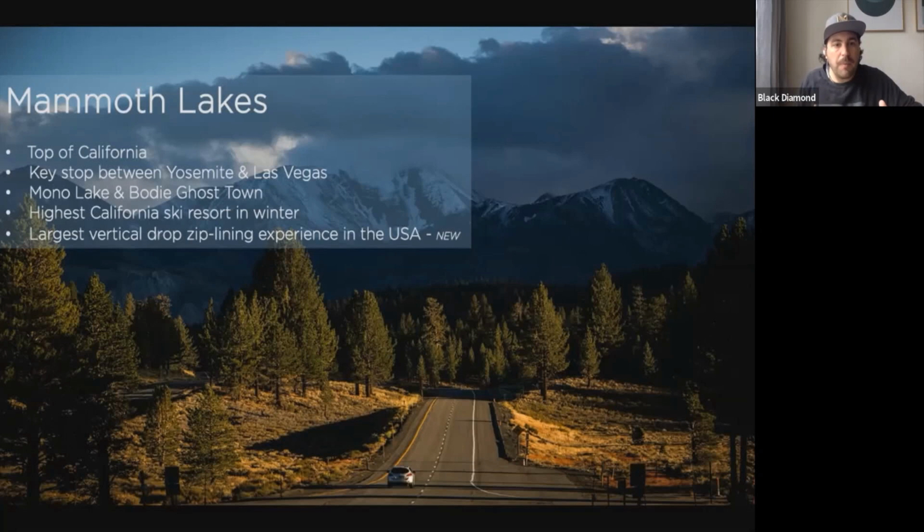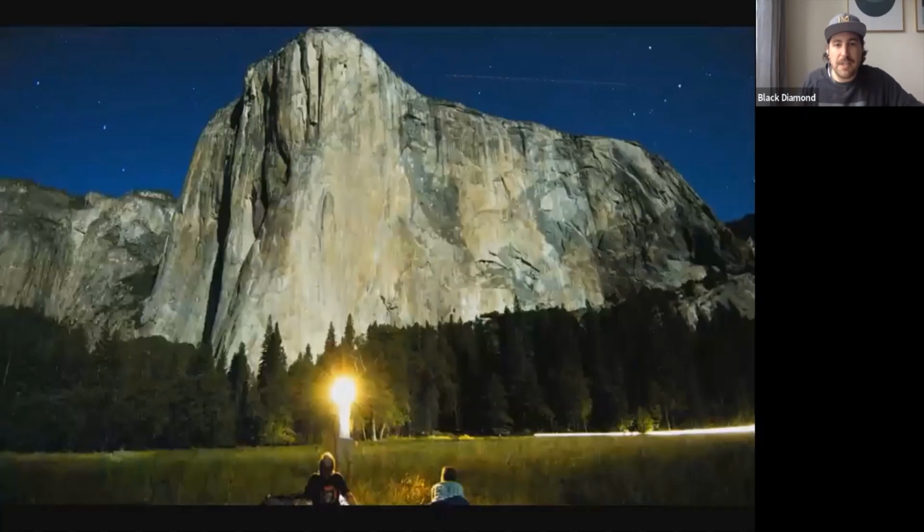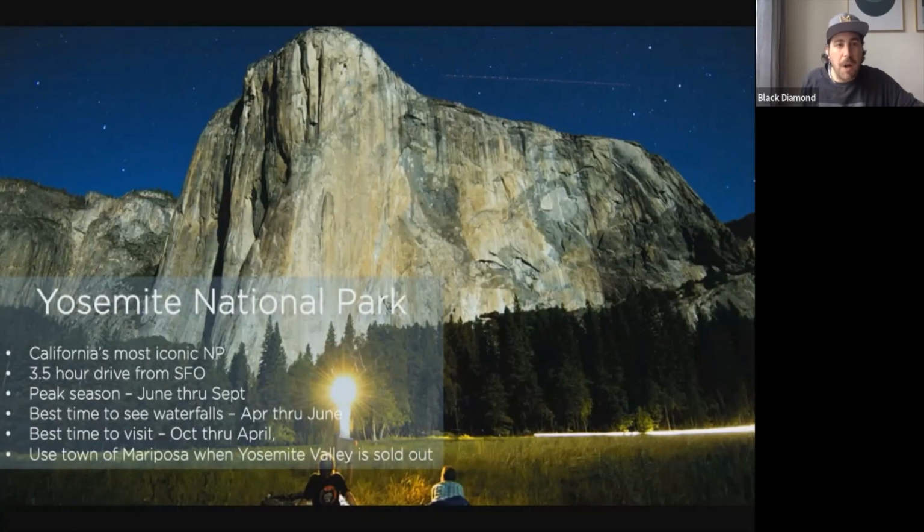But most people want to see Yosemite, get in, get done, so it's a good option to go in. And that's why I like to reference Mammoth. It's a good stop out of Vegas to chill. I'd spend a day exploring and then continue on into arguably one of the most iconic national parks in the US, not just California.